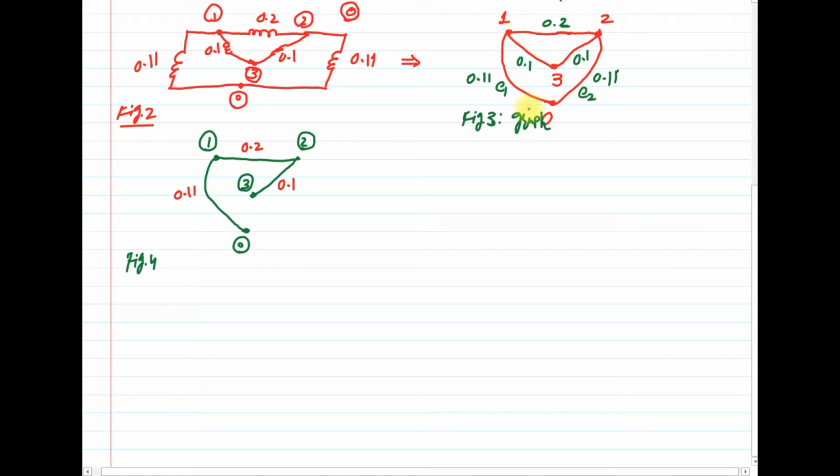Then after completion of 0 we will move towards the 1. So from 1 to 2 it is E3, 1 to 3 it is E4, and here the last one which is E5. So total number of elements in the network is 5. So total 5 steps or 5 modifications will be required to formulate the bus impedance matrix, or I can say to formulate a Z bus matrix.